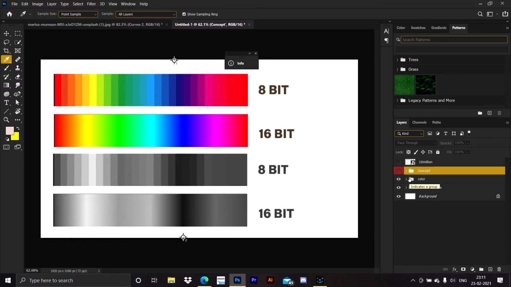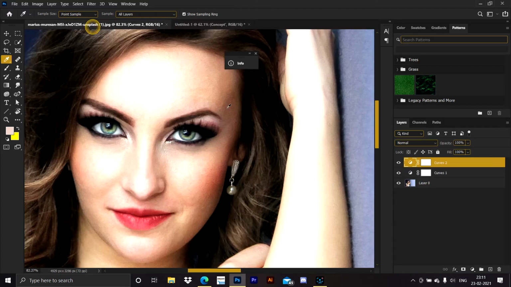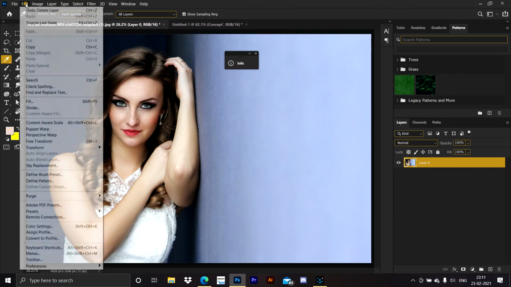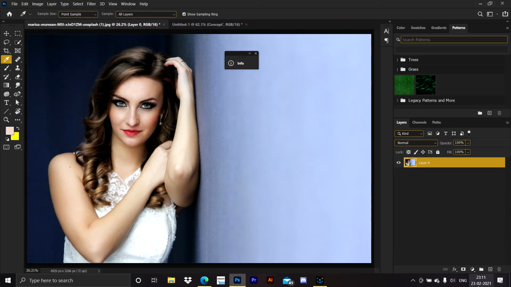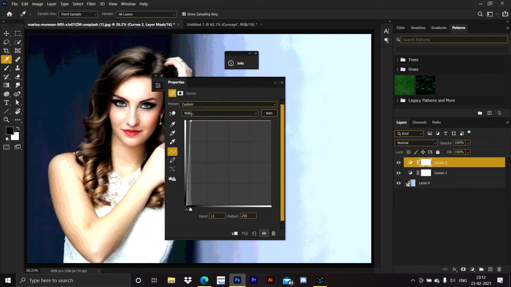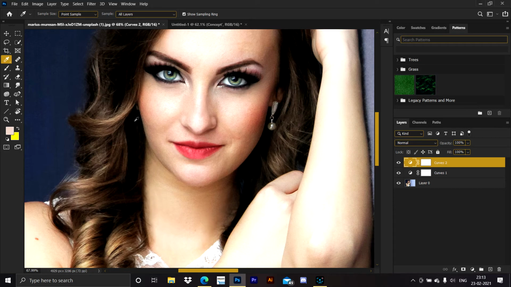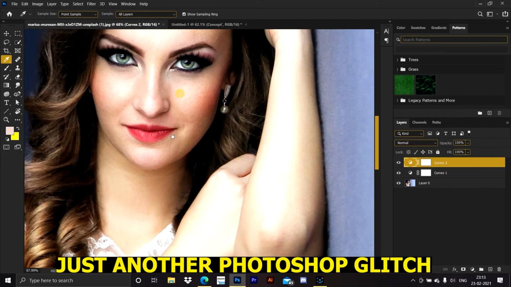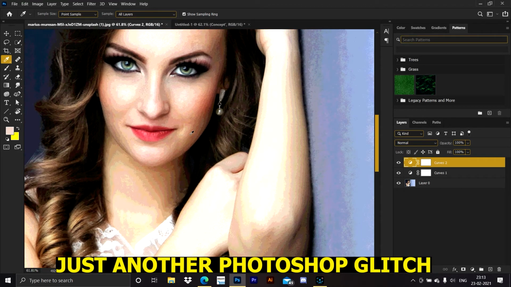If we leave all these concepts away, the main point of this tutorial is this: whenever we edit in Photoshop, we should always use 16 bits. The correct process is, before editing, change the mode to 16 bits, and do some adjustments of your choice. When you have completed your editing, you can see that there is still banding, but when you zoom into the image, there will be no banding.